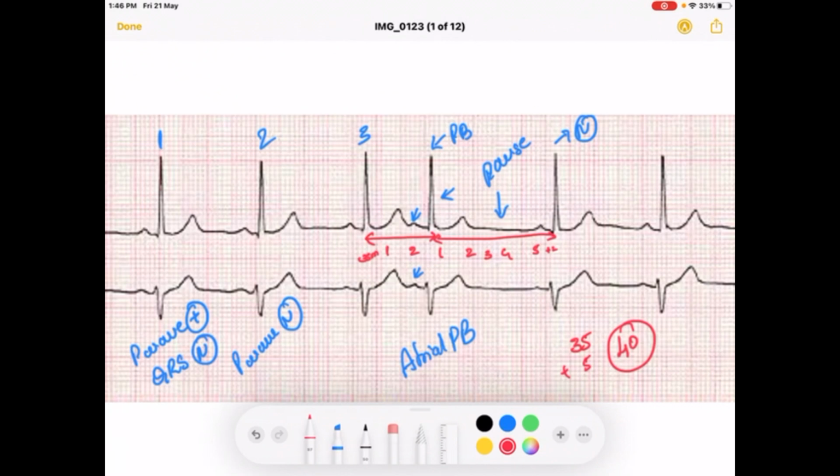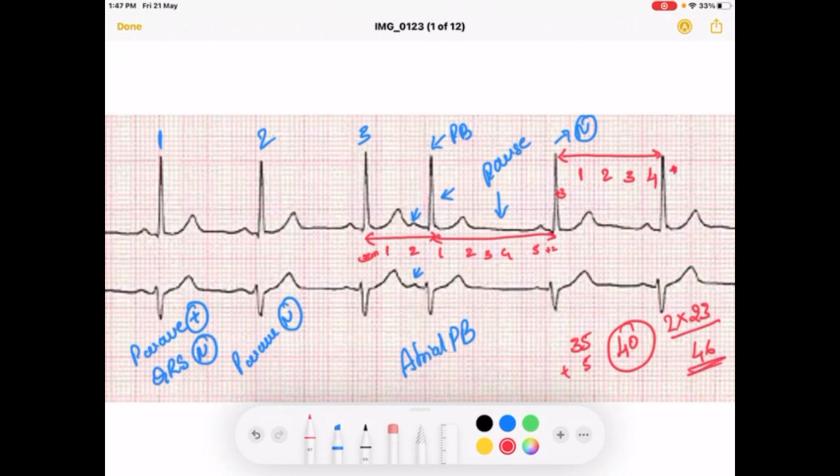Now twice the normal RR interval, if it is 40, then it is a complete compensatory pause. So now let's see the difference between two normal RR intervals. If you take here, these are two normal RR waves. If you take here 1 large square, 2 large squares, 3 large squares, plus 4 large squares, plus 3 small squares. So 4 fives are 20, 20 plus 3, it is 23. So twice this, it should be 2 into 23, that is 46, whereas this is 40.